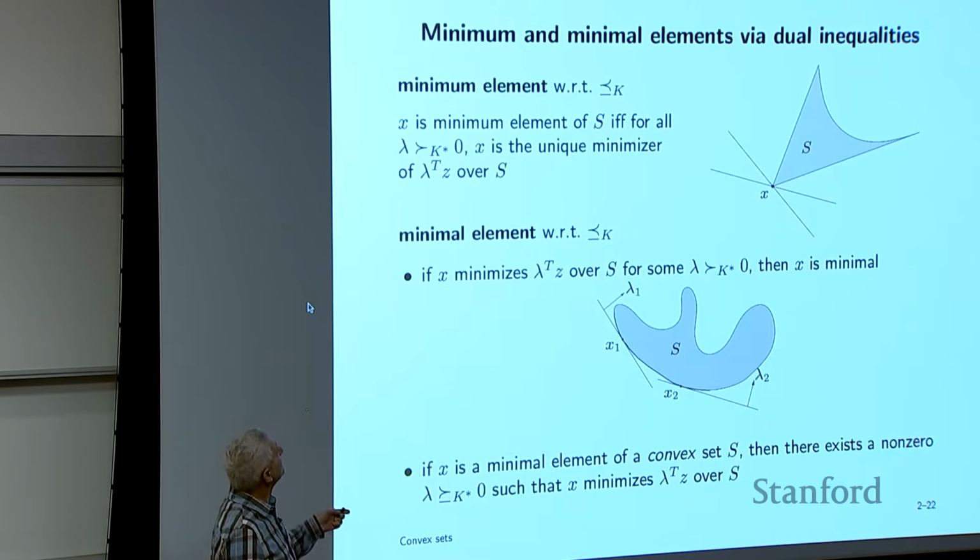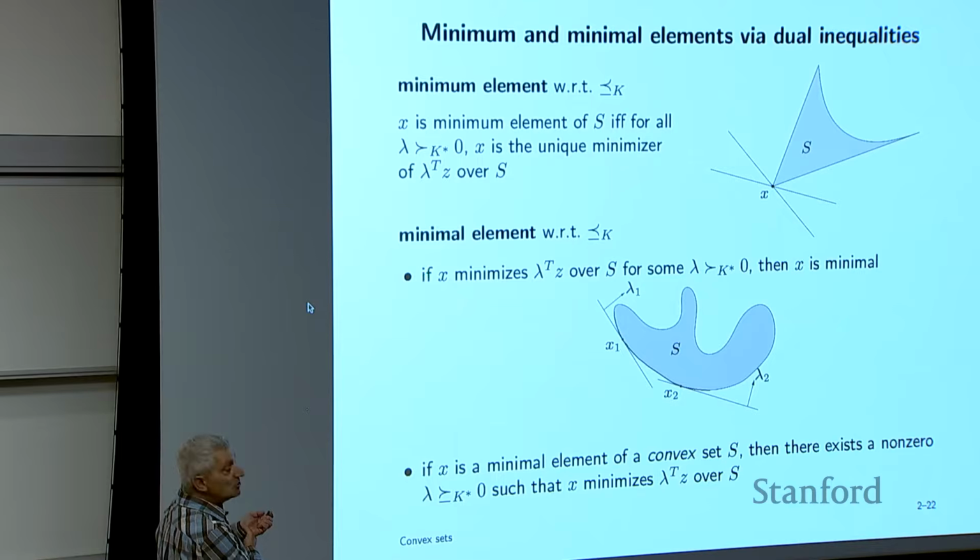So that's actually kind of interesting. Let's suppose that the cone is the non-negative orthant, right? Then what this says is actually really interesting. If you are a minimum point of a set with respect to the non-negative orthant, it says that pick any positive weights, that's lambda, form this linear combination, minimize, and you always get the same thing. You always arrive at this minimum element, right? So that's what that means. It means independent of these weights. However you weight them, doesn't matter. You always get this minimum element, which kind of makes sense, right?